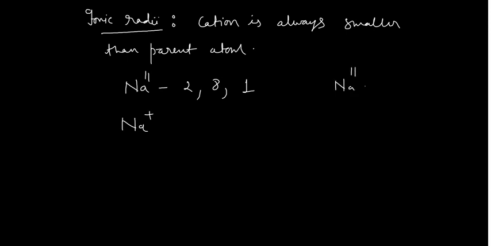See, the 11, when it loses 1 electron, it will form Na positive, right? When it has formed Na positive, it has only 10 electrons. So when it has 10 electrons, the configuration is 2 and 8. Here you can see this is your K shell, this is your L shell, this is your M shell. In that case, this is K shell, this is L shell.